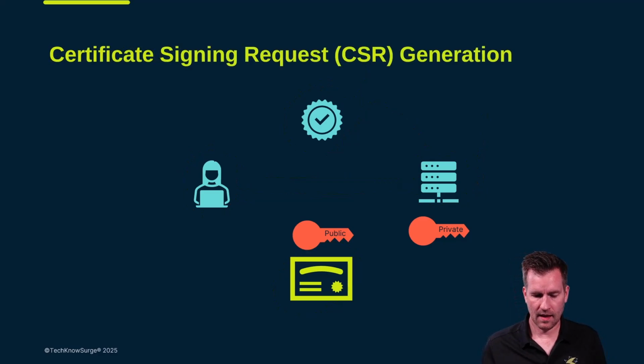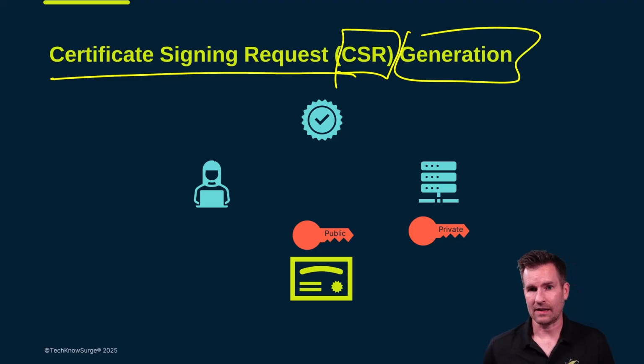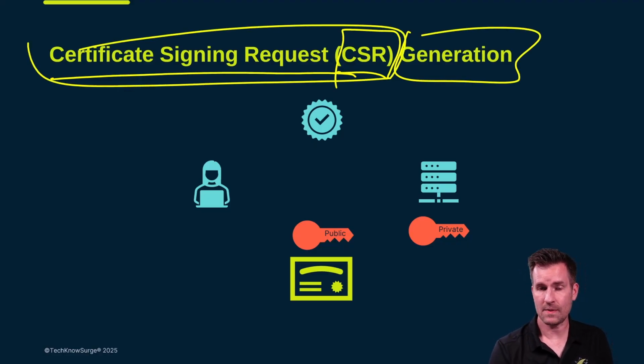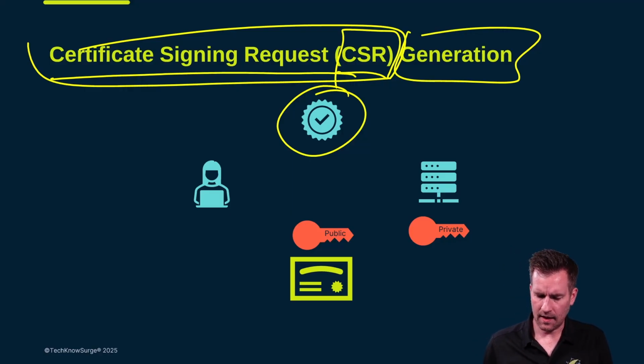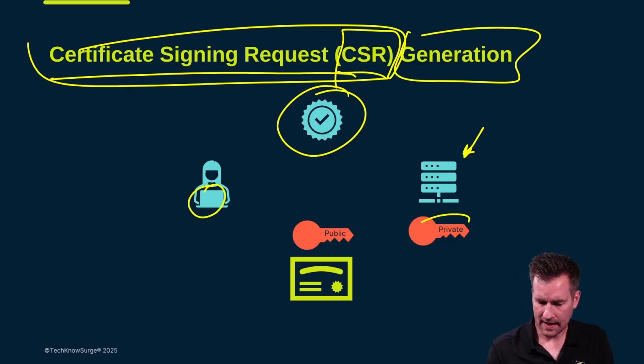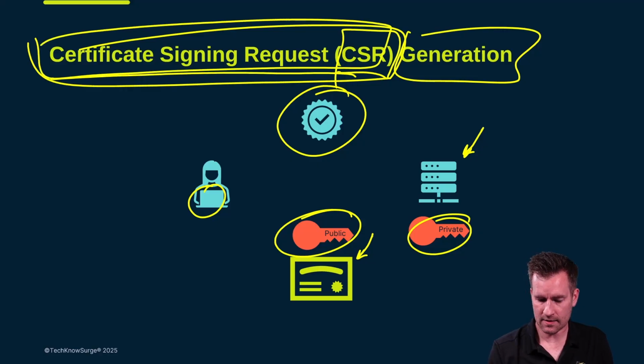Okay. Then we got a certificate signing request, a CSR, and there's the generation of it. So a CSR is what is going to be sent to the certificate authority so we can get a certificate. Essentially what happens with this process is this machine right here needs to communicate with end users. So it generates a private key and a public key pair. It needs to get a certificate. So what it does is it generates the certificate signing request, which includes this public key, and sends it to